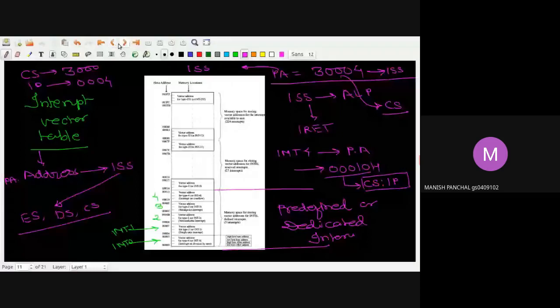So in this case, I will say that this is for future purpose. Up to this value, this is reserved for future purpose. And this is given for the user, that the user can keep. This is the user area. Okay, this is for some specific purpose, or we can say the dedicated interrupt. Any question till now? Yes. Any question in this case?